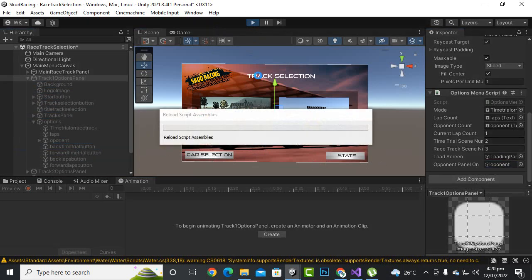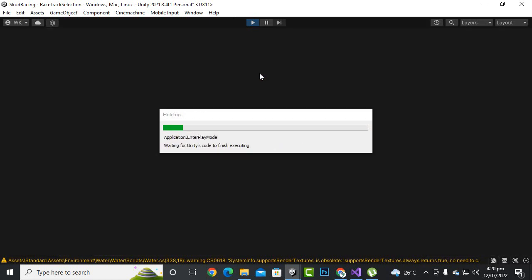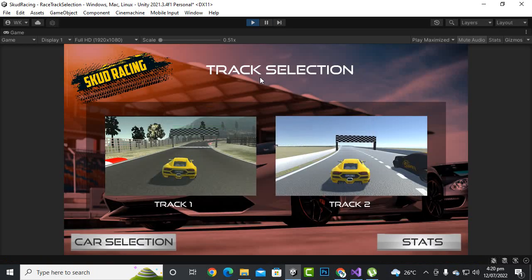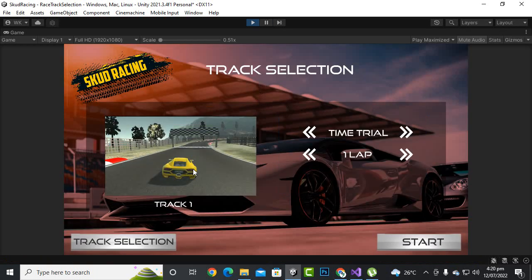Now if you play the game, hopefully everything will work absolutely fine. Let's test it out. Here you can see that you can select the track, and by default we don't have any opponent. If we click here on race, then we have these opponents. That's great. If we select time trial, the opponent will go off, and like this. And if we click on start,